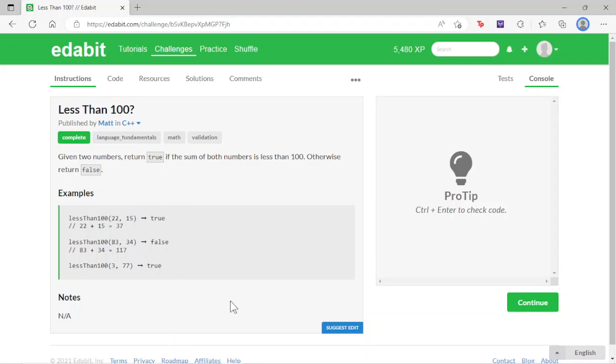This one's called Less Than 100. In this problem, we're given two numbers. Return true if the sum of both numbers is less than 100. Otherwise, return false. As we can see from the examples, the two arguments, 22 and 15, if you add them up,